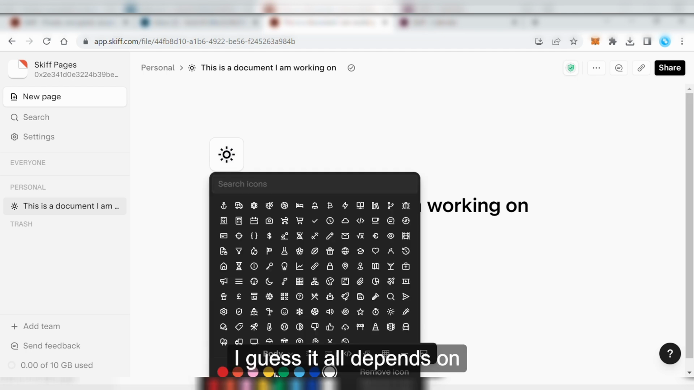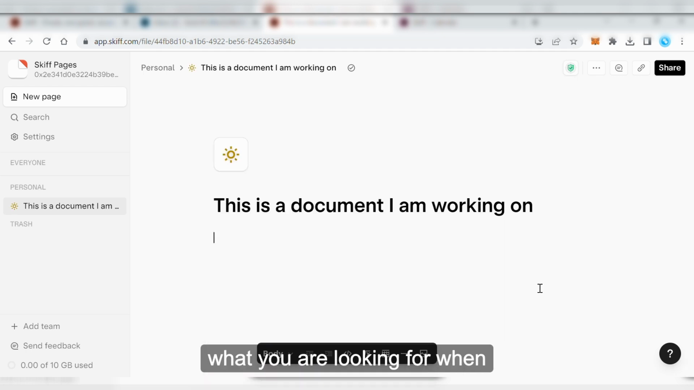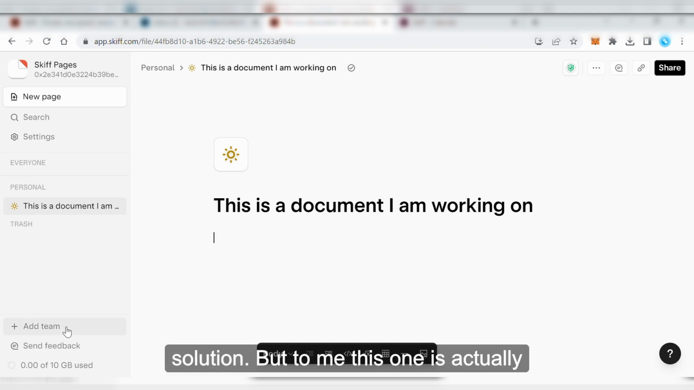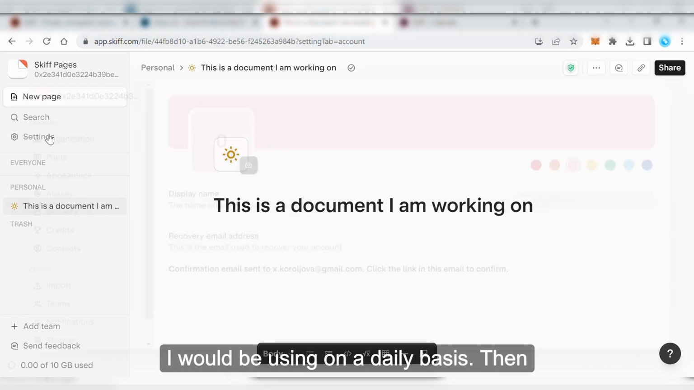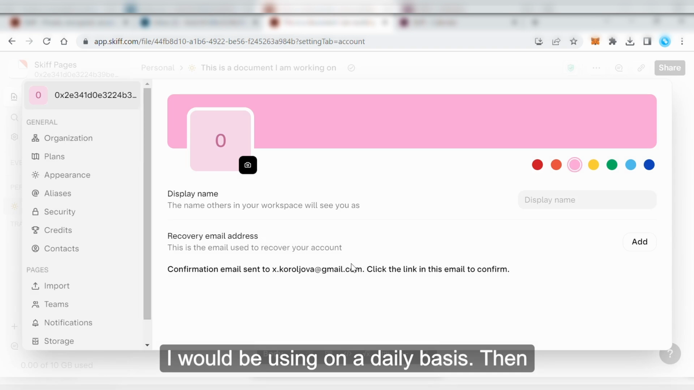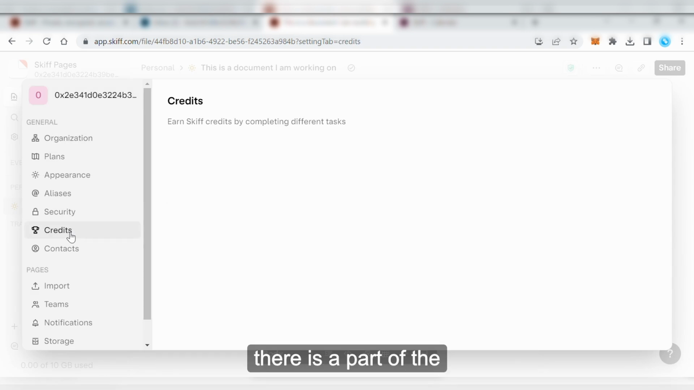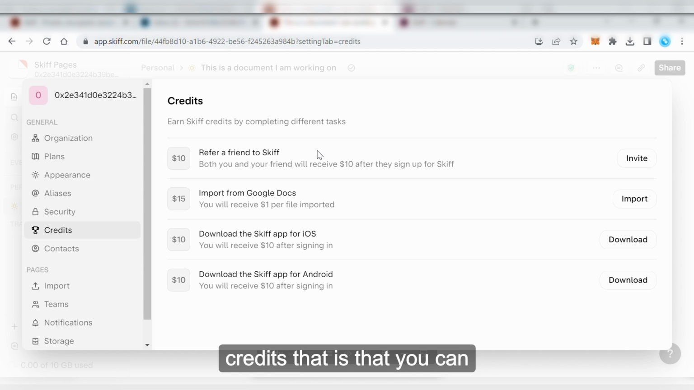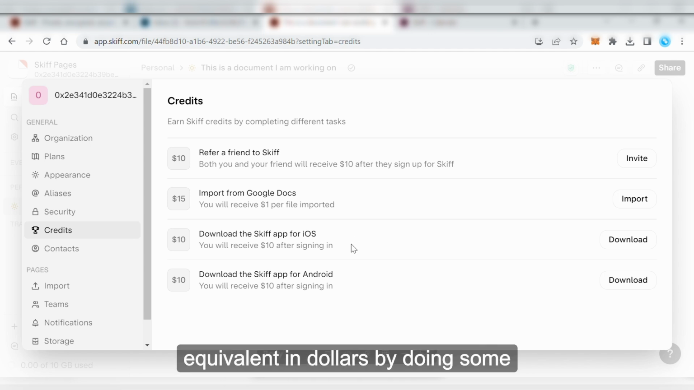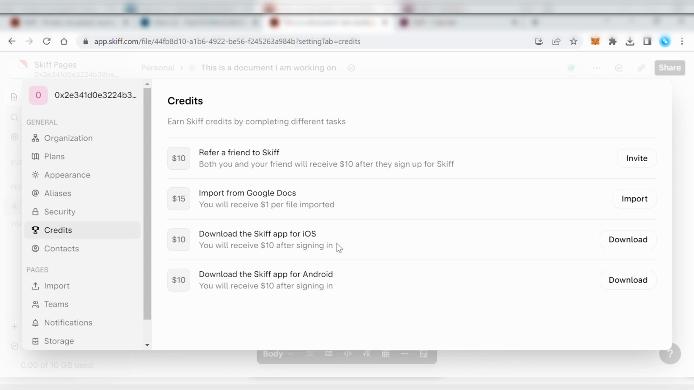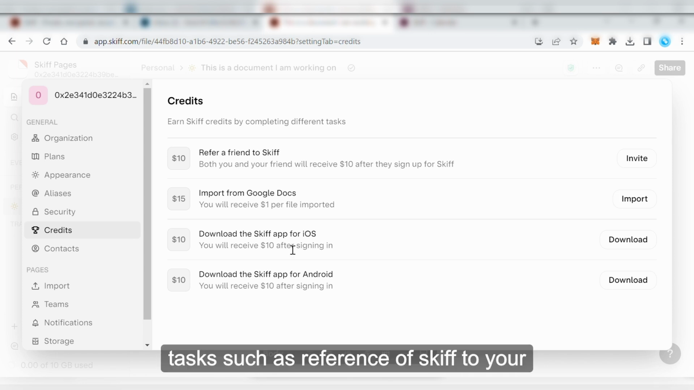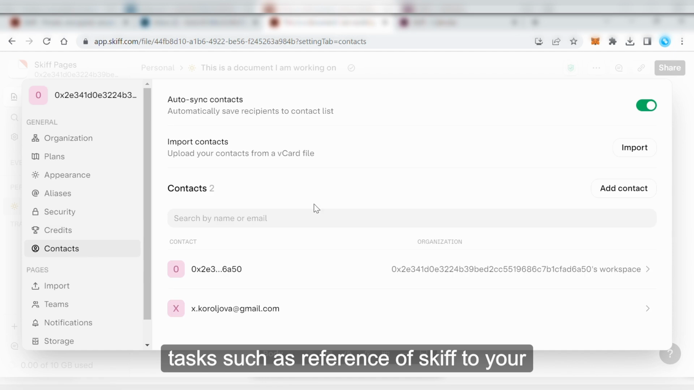So I guess it all depends on what you are looking for when you're using the online document solution. But to me, this one is actually having enough of what I would be using on a daily basis. Then there is a part of the credits that you can receive. You see the equivalent in dollars by doing some challenges, doing some tasks, such as referring Skiff to your